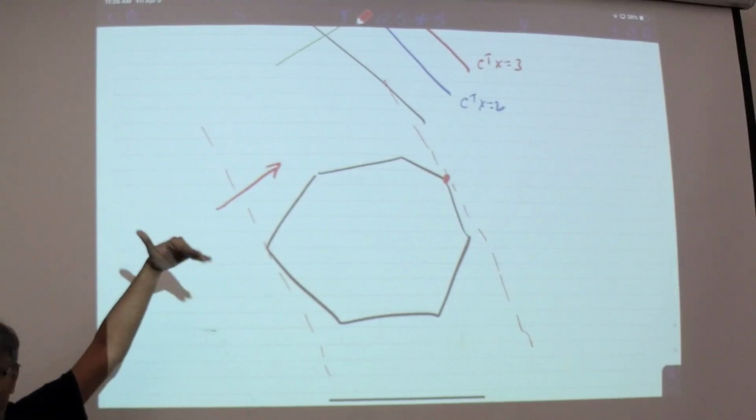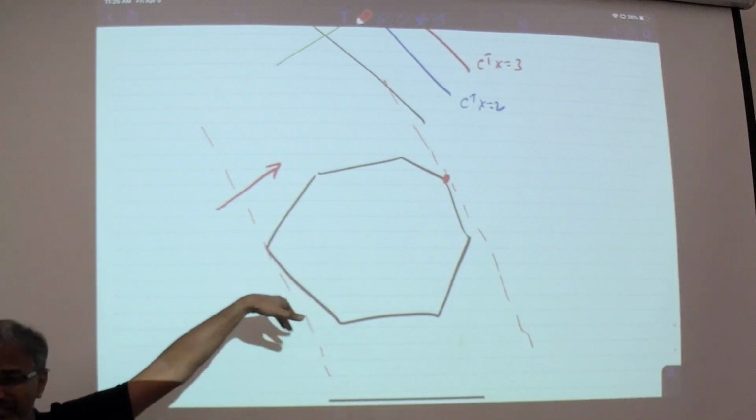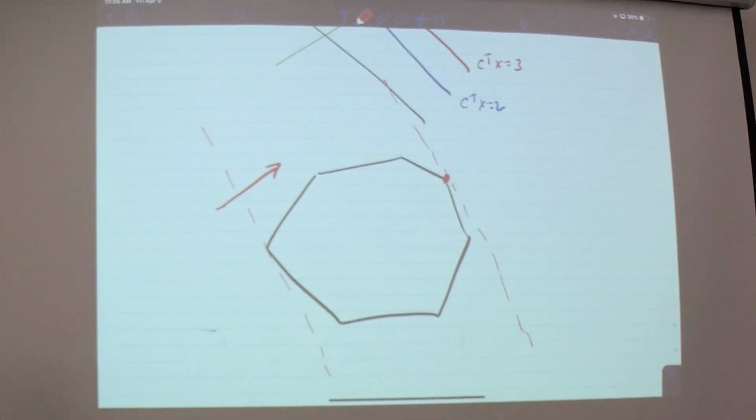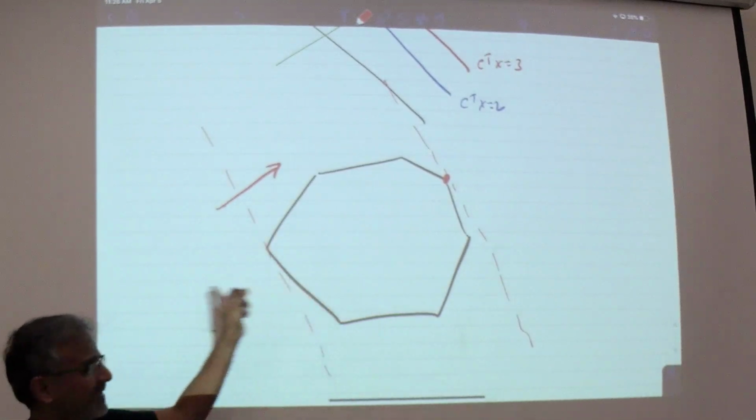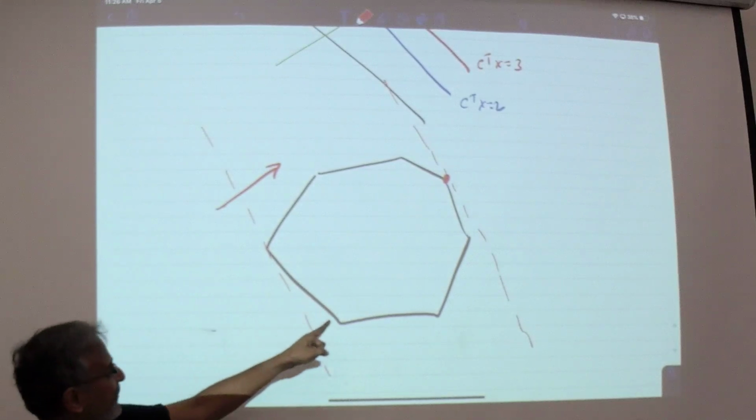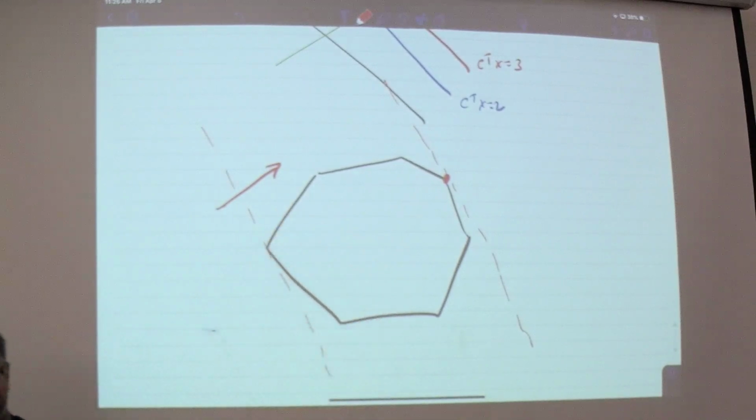If you change your objective, it doesn't change the feasible region. So keeping Ax less than or equal to b the same and changing the maximization, the c, all that does is say, well, I actually want to optimize this way. No, wait, I want to optimize this way. Or I want to optimize this way. It just picks off some vertex. Okay?